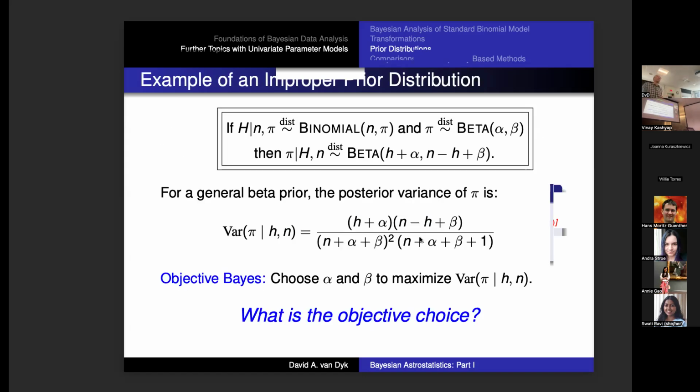Why maximize? You want the variance to be smallest. Yeah, but ultimately, you want a small variance. But remember, the knob I'm turning is my prior. I fix the data. I have h hard counts, n minus h soft counts. I'm going to pick my prior. I want my prior to bring as little information as possible, so make the variance as big as possible over all possible priors. With the data, of course, I want the data to reduce the variance, right?